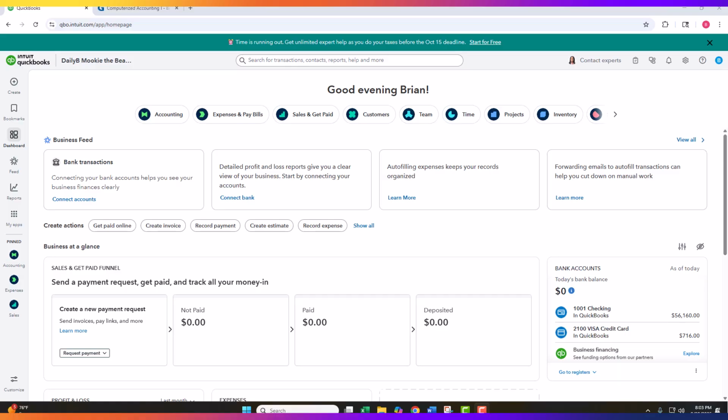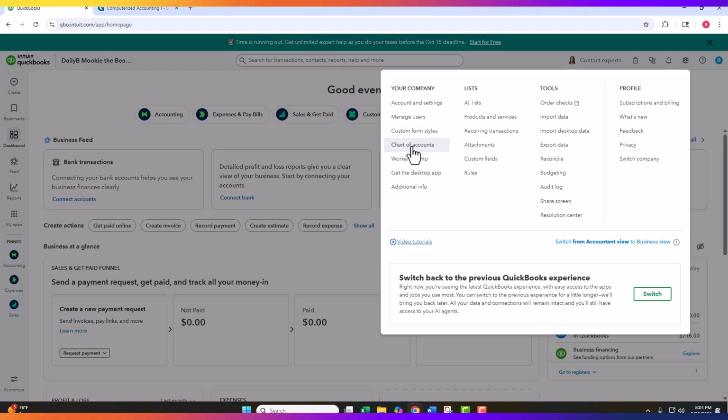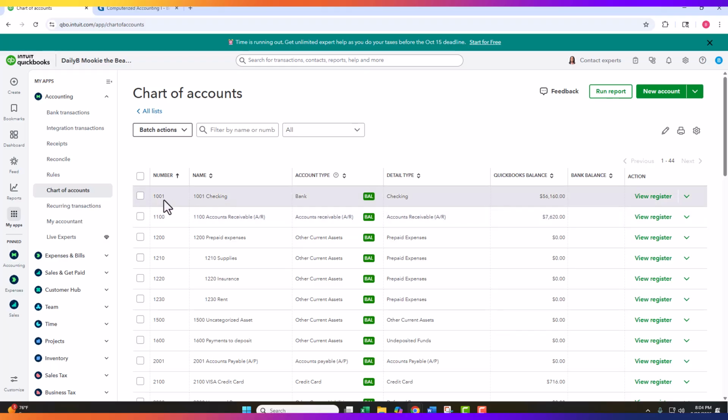First, we're going to look at the check register, which is basically a digital version of a traditional checkbook. It shows all of the activity in your checking account: expenses, checks, deposits, and transfers. And to get there, there's lots of ways to get there, but I'm going to click on the gear icon and select Chart of Accounts from the list here under your company. Next, I'm going to find the checking account, and to the right of it, I see a button to view